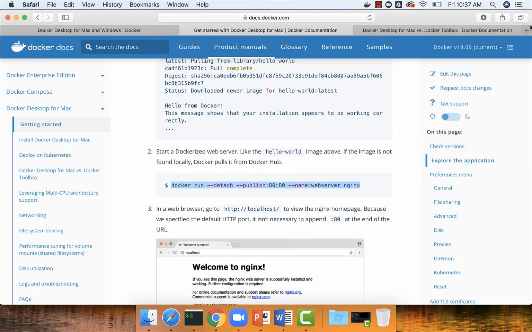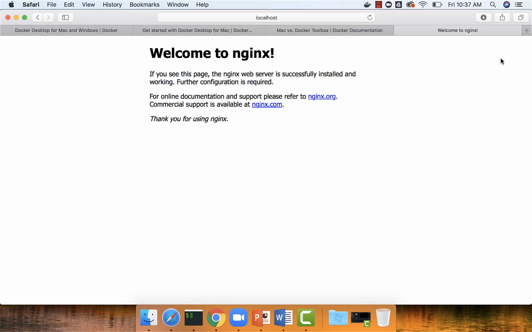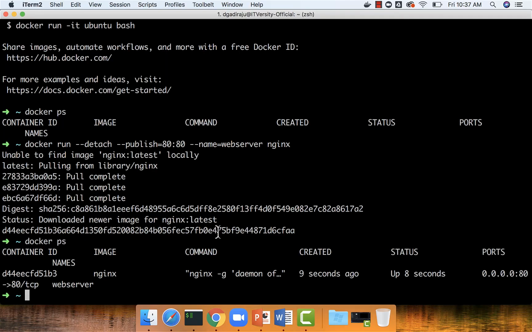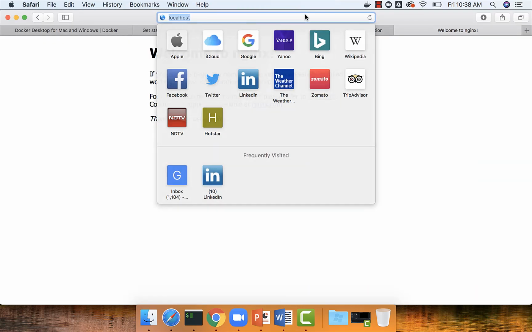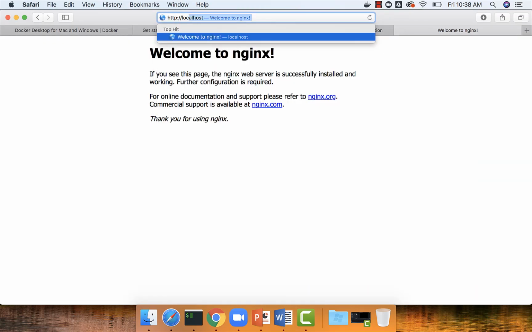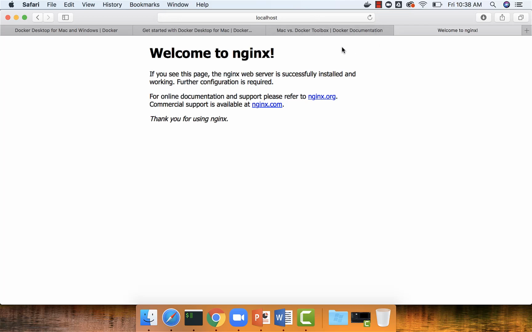Also we can go to the browser and say localhost, and you can see the welcome to Nginx message here. This Nginx is not running on Mac, it is running on a Docker container, but as we have specified port number 80 to bind to port number 80 on that Docker container, we are able to access it by just saying http://localhost on our browser. Let me try once again. As the port number is 80 for running Nginx, we are able to run the Nginx default application using our browser. So this is how you should be able to set up Docker Desktop for Mac and validate it.